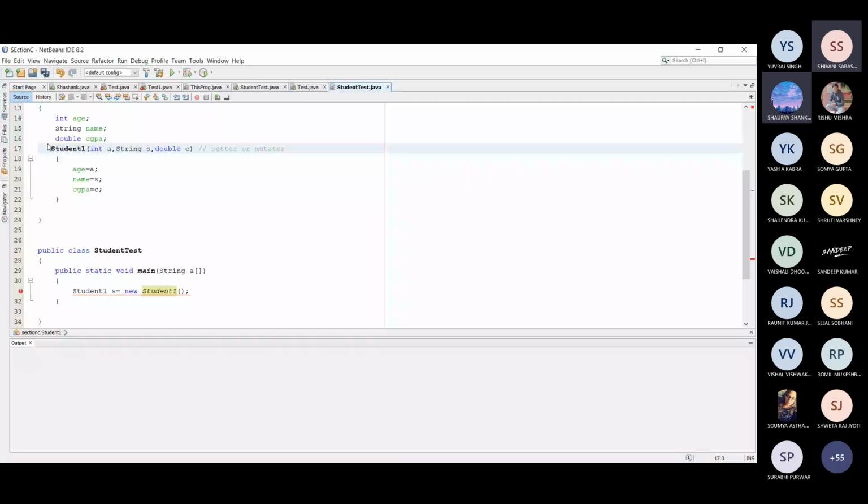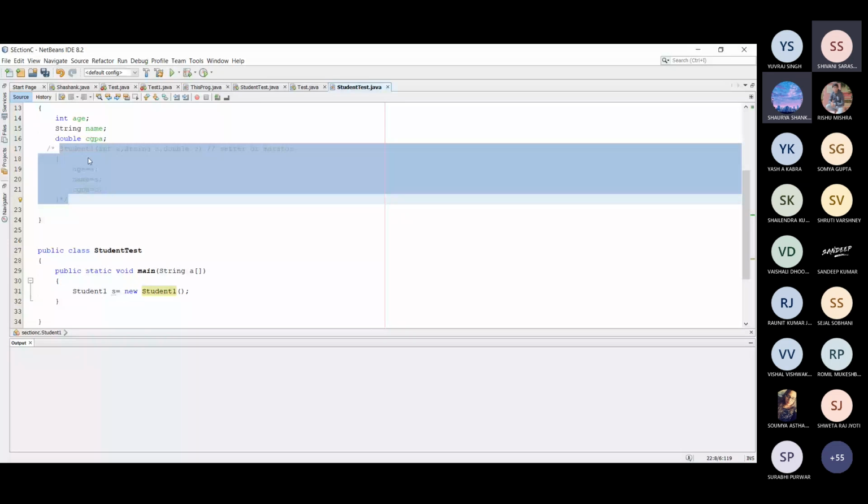If I just comment this, एक को comment करके देख लेते हैं. If I comment out the Student1 constructor, you can see that the error is removed.